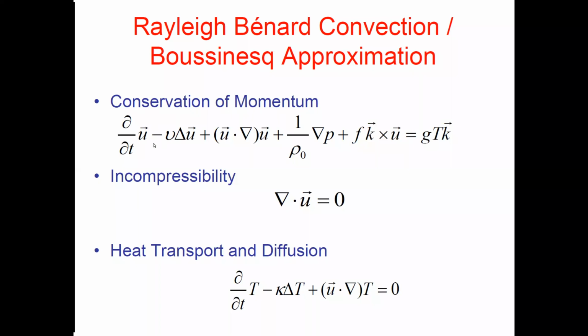So here is the first equation: it is the momentum balance with the Boussinesq approximation, and this is the buoyancy, namely that the fluid is forced by the temperature, and this is the Coriolis force because we're living on a rotating Earth. Rho zero is like a constant reference density. We talk about incompressible fluid, so this is the incompressibility condition, and this is the transport equation for the temperature. So it is a diffusion plus the transport plus boundary condition.